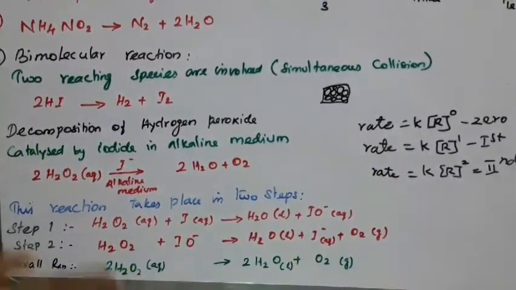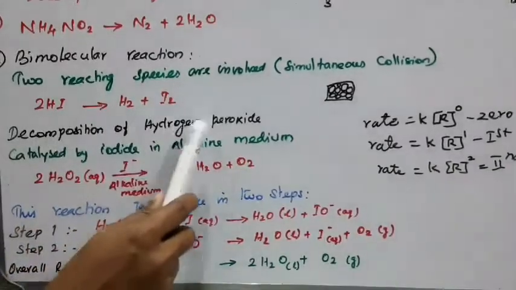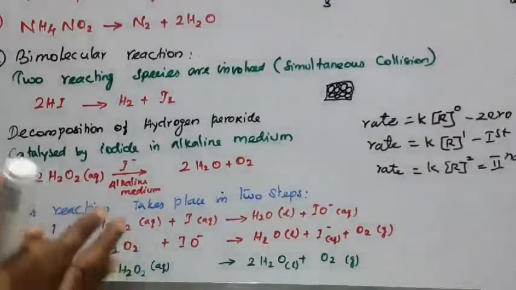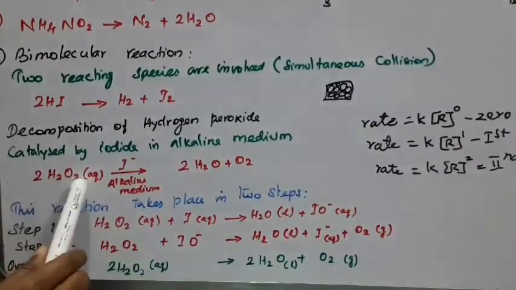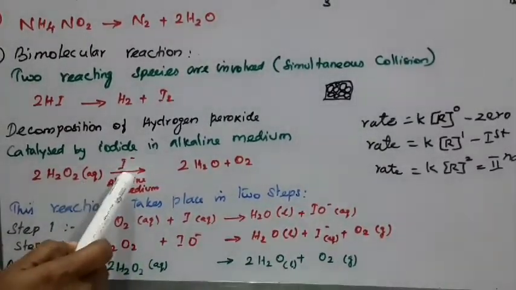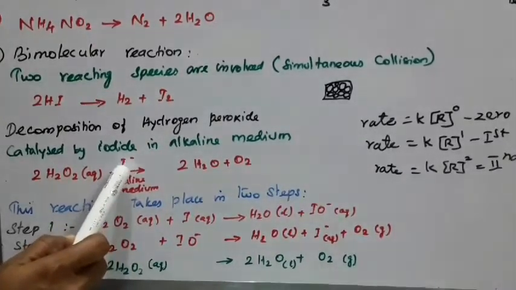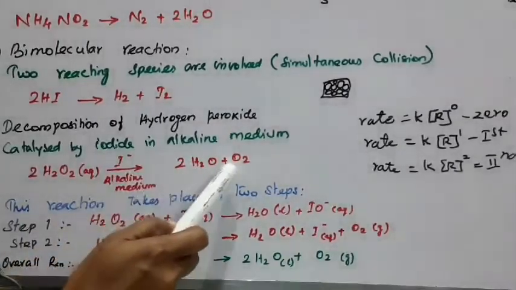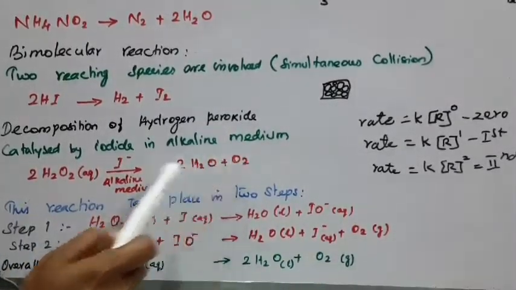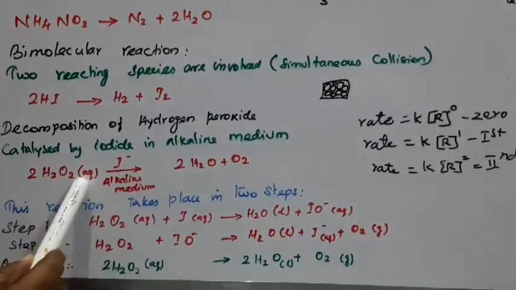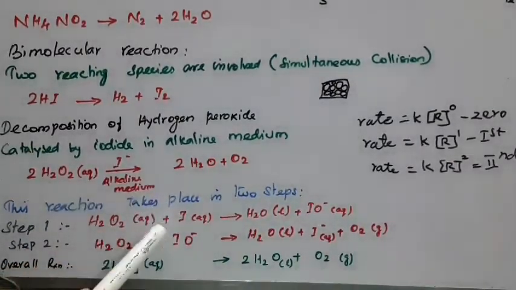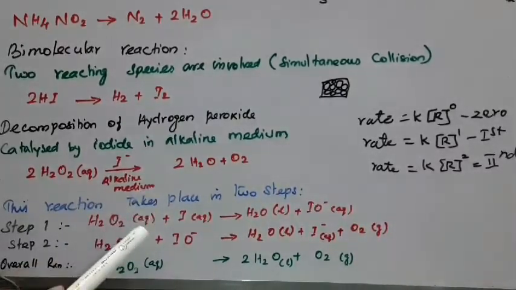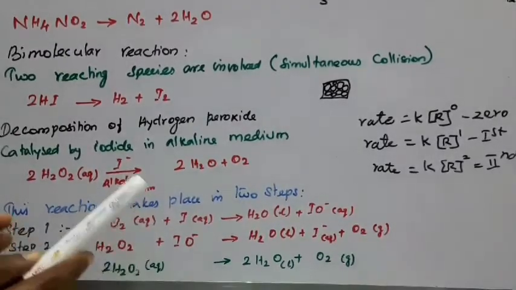Here you see the decomposition of hydrogen peroxide. Normally it is a first order reaction. Hydrogen peroxide in aqueous medium in the presence of iodide, which is a catalyst, in alkaline medium produces water and oxygen gas. But this reaction undergoes two steps, so for molecularity we have to consider the